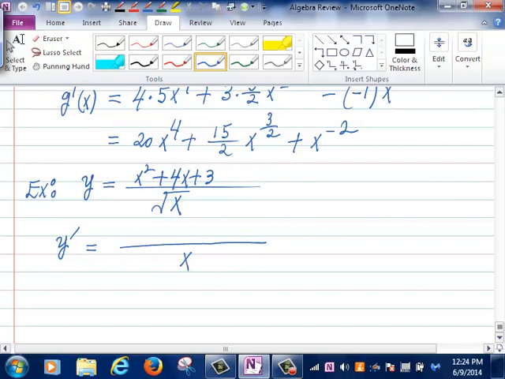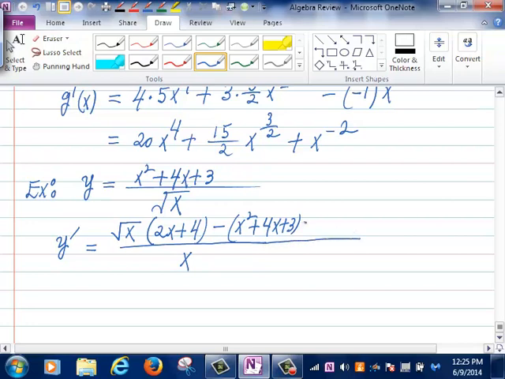Get x. In the numerator, you get the denominator multiplied by the derivative of the numerator. So what's the derivative of the numerator? 2x plus 4. Derivative of 4x is 4, right? And derivative of 3 is 0, so I'm going to be done here. And then here I get minus the numerator x squared plus 4x plus 3